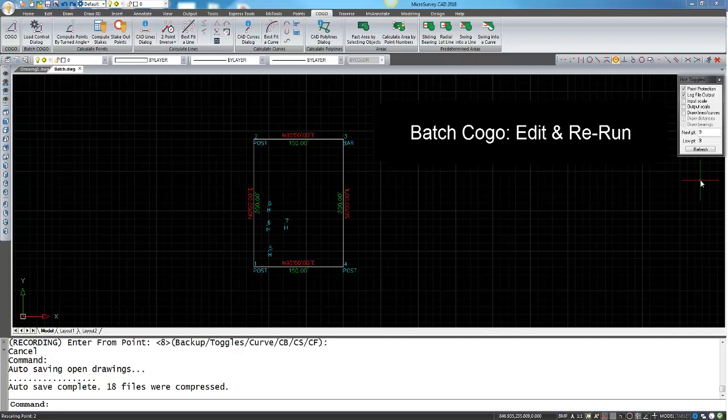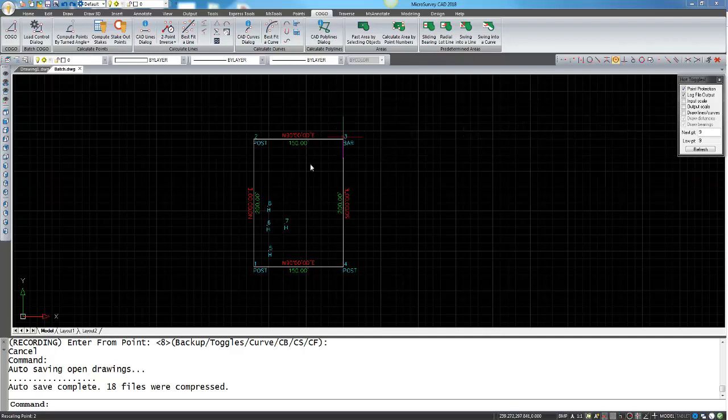Continuing on from the previous video, we placed some house corners using swing ties from the property lines, and we noticed that we made one mistake in the calculation of point number 8, the house corner, and we need to edit that. So if I just load the control dialog,